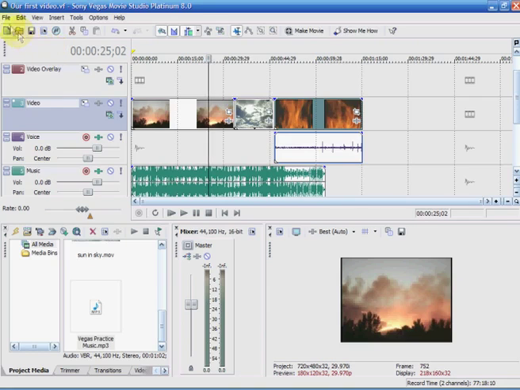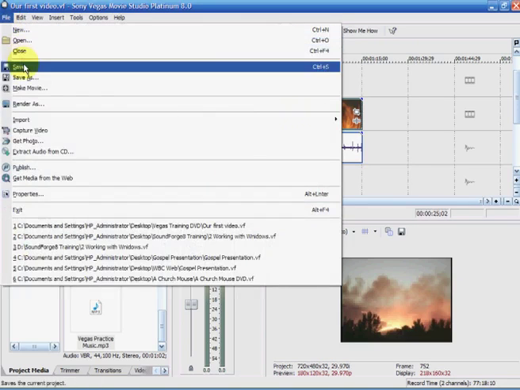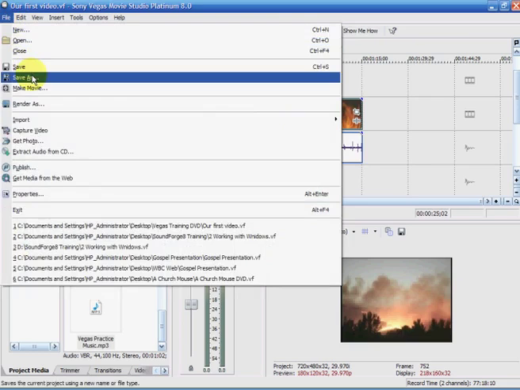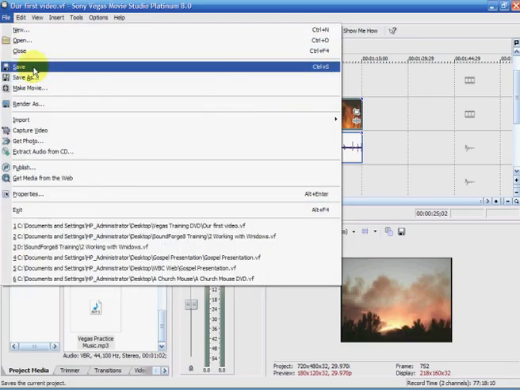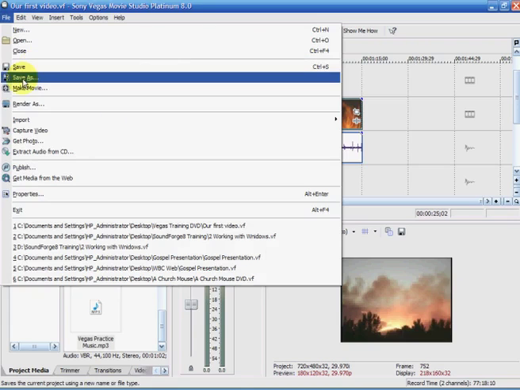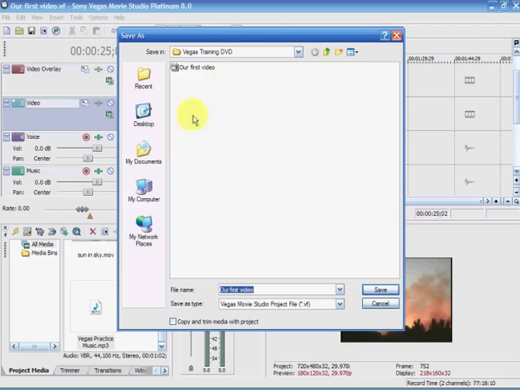A frequent question I get asked is, what is the difference between Save and Save As? Well, let's talk about Save for just a moment. When you save something for the first time, as we just did, you give it a name and a location. Anytime you save after that, you're simply saving the changes that you've made to the existing project. But choosing Save As gives you an opportunity to save the existing project under a different name and/or a different